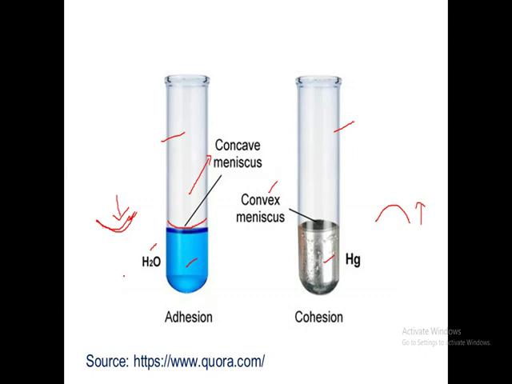Then the question is why the water is taking the shape of a concave shape and why the mercury is taking the shape of a convex shape. What is the reason behind this? Let's try to understand the first case, the case of water in a test tube, and what is the reason for this concave shape. Here we have water molecules, right? So between these water molecules, there is what is called a force of cohesion. Then the same water molecules are interacting with the glass surface also. At this boundary, they are interacting with the glass surface. So here there is what is called adhesive force. Between the glass and water, there is an adhesive force.